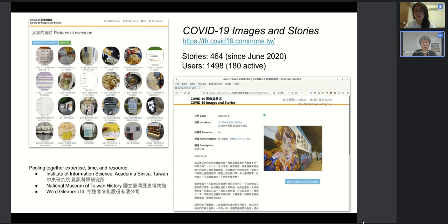Hi, I'm Alice. In this part, I will make a brief introduction to COVID-19 Image and Story, a website where the public can upload images during their daily life in the COVID-19 pandemic. Commonly the images are accompanied by a text description and, if available, the geographic location of the place where the image was taken. If the image is taken by a smartphone, the location information can be extracted from the EXIF metadata